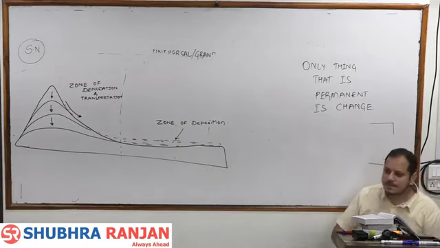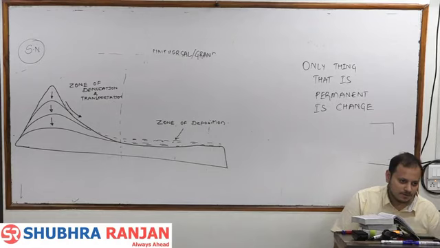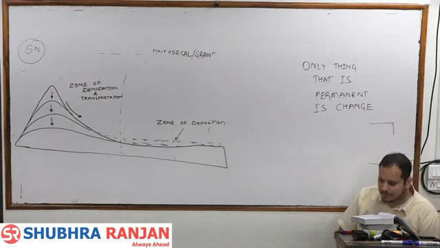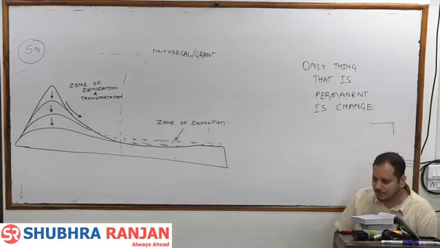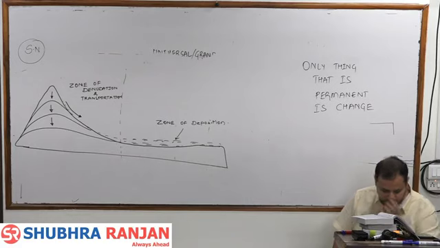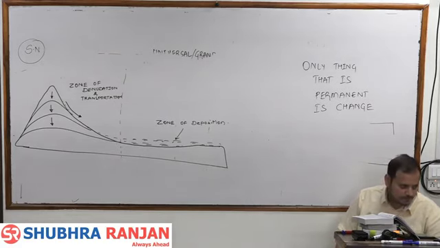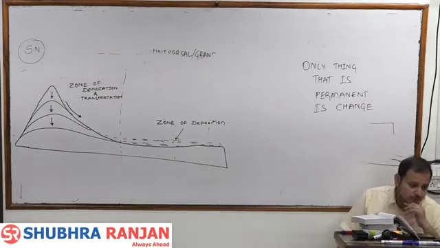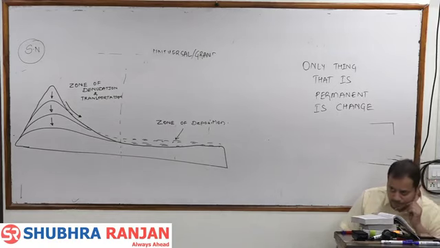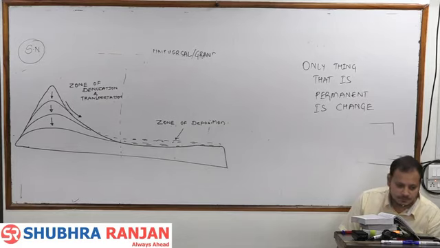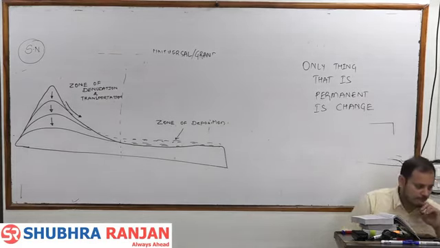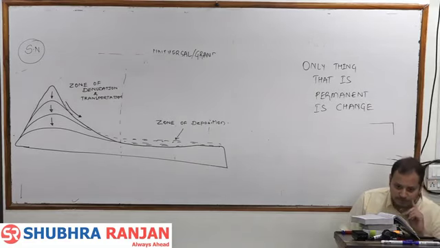The only thing that is permanent is change, which shows that endogenetic and exogenetic processes will act continuously, changing the landform,